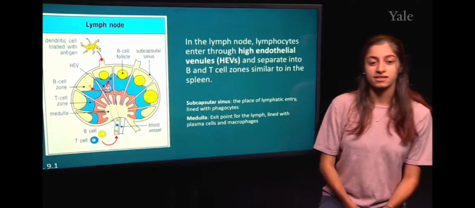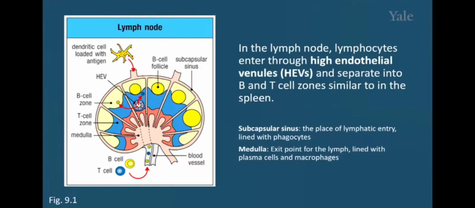In contrast, there are several lymph nodes around our body, and these are all associated with peripheral tissues. This means that if a tissue like the liver, the lung, or the kidney becomes infected, dendritic cells in that tissue can carry the pathogen or parts of the pathogen, antigens, to the lymph node where they can activate an